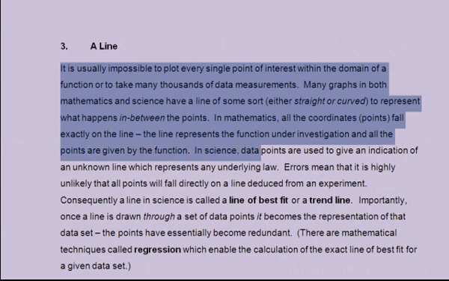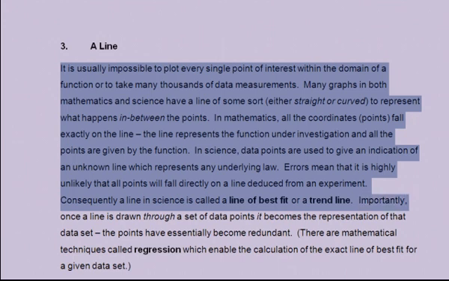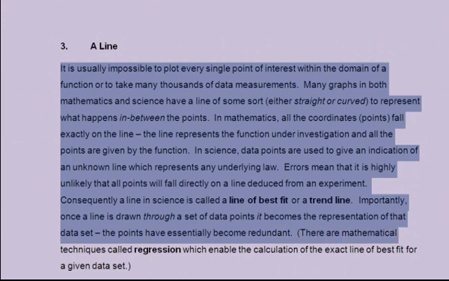In science, data points are used to give an indication of an unknown line which represents any underlying law. Errors mean that it is highly unlikely that all points will fall directly on a line deduced from an experiment. Consequently, a line in science is called a line of best fit, or a trend line. Importantly, once a line is drawn through a set of data points, it becomes the representation of that data set. The points have essentially become redundant. There are mathematical techniques called regression which enable the calculation of the exact line of best fit for any given